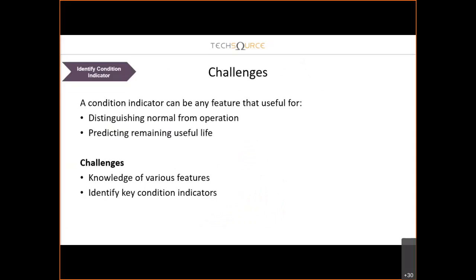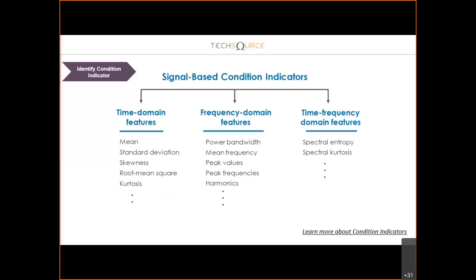So the challenge here: the main thing you want to do, the condition indicator is very useful to distinguish between the normal or faulty operation of a system, or to predict the remaining useful life. But the challenge here is you need a domain expert to know the feature extraction and how to identify key condition indicators. This is